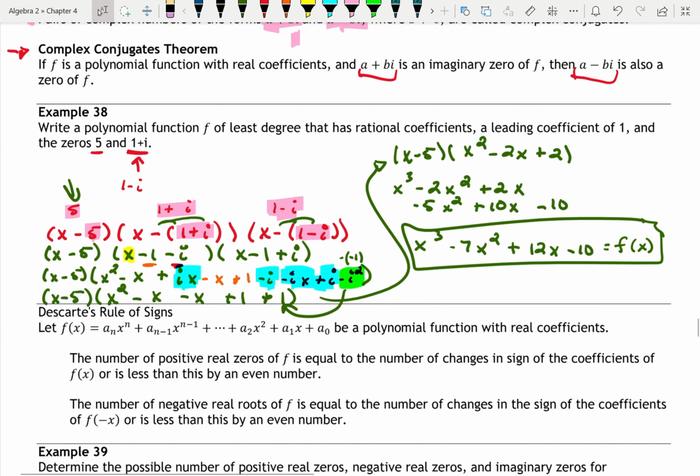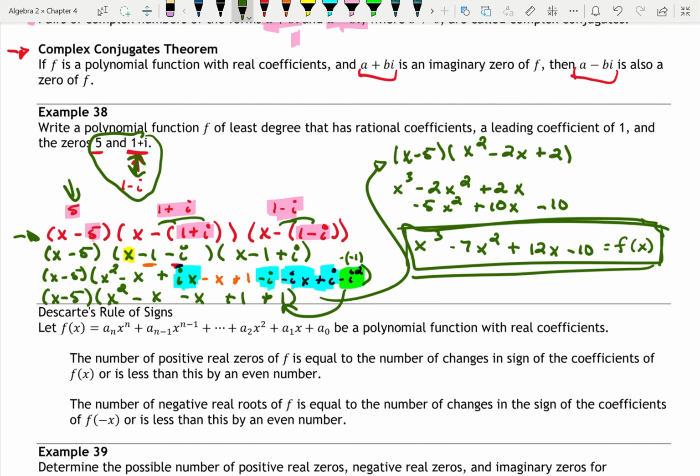All right, again, I want to talk more about number 38. The very first thing we do is we analyze the zeros that they have written down, and we look to see, are there any extra zeros? Because we had this imaginary zero that they wrote, we knew that he had to have a partner, so we wrote his partner down. After that, we write them all in factored form, and then the rest of the problem is just a long multiplication problem. So we just have to multiply them out until we get to our answer over here. All right,